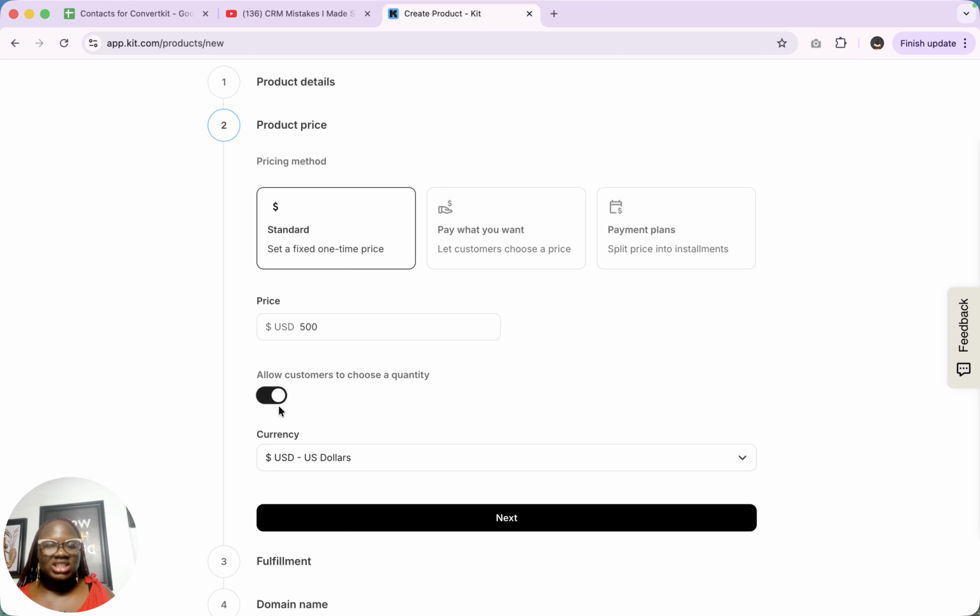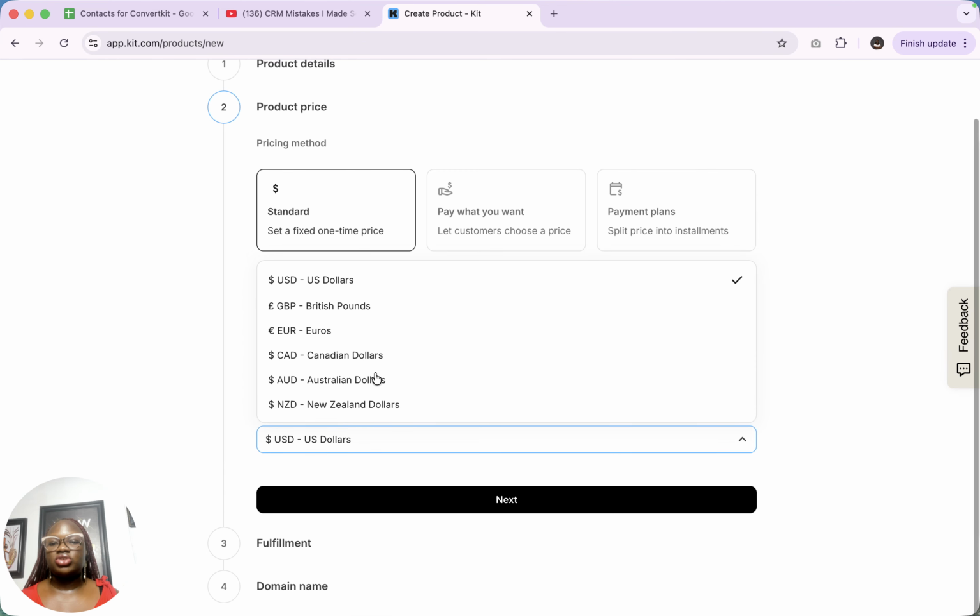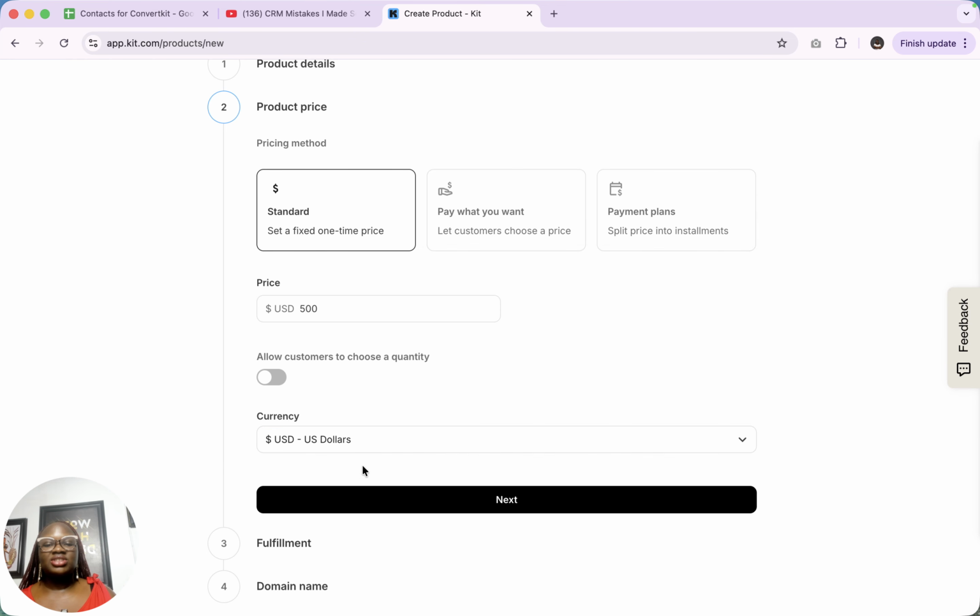But if you do not want that, you can turn this off. So that means people cannot select a quantity for the product. You can also change your currency to whatever currency you are using in your country. And after that, you can click on